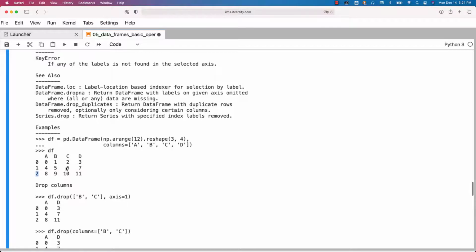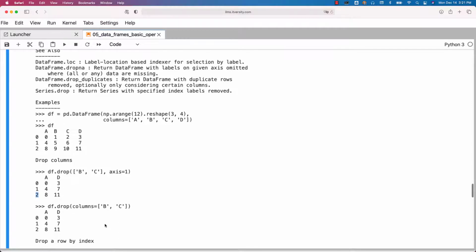Now, if you want to drop B and C columns by specifying labels and axis, this is how you have to say. You don't need to specify labels here because labels is anyway the first argument. If you say B, C without axis, it will try to look for these names as part of these labels. As there are no B and C here, it will not delete anything. As the intention is to drop the columns, we have to specify axis equal to 1. It will try to delete the columns with these labels.